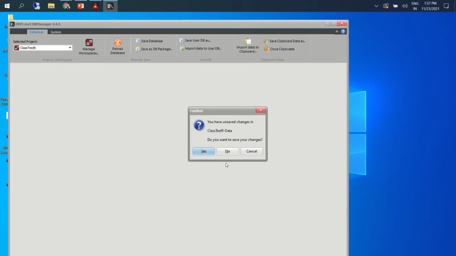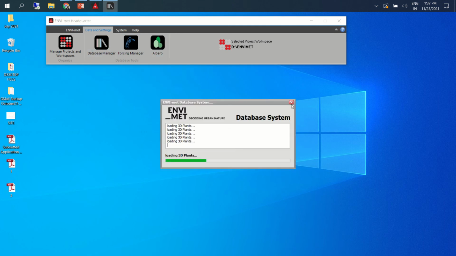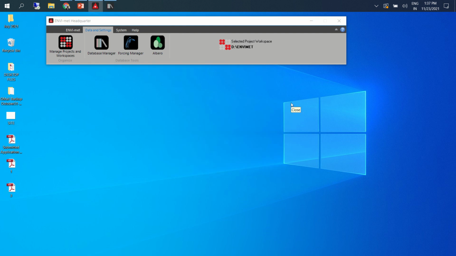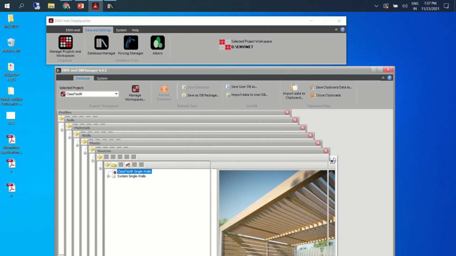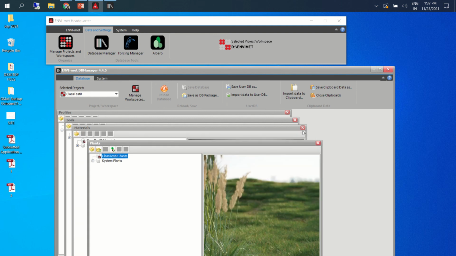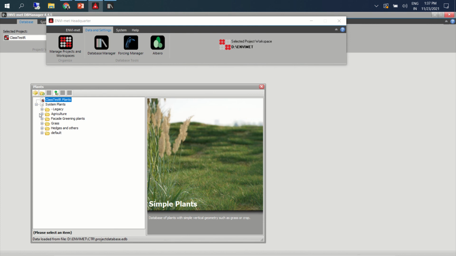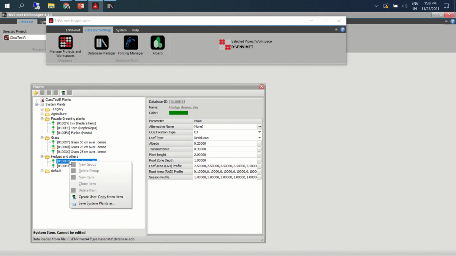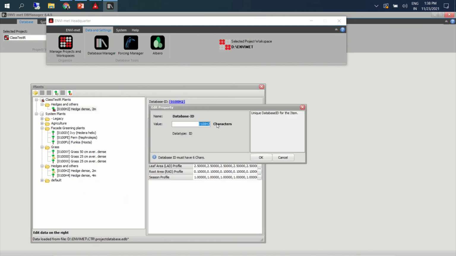One last thing: maybe first I should show it here. You have something called plant characteristics also. You can modify plant characteristics.